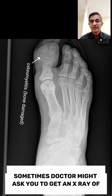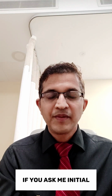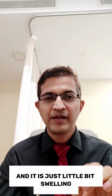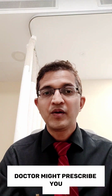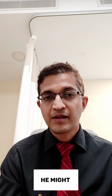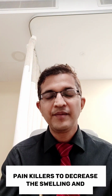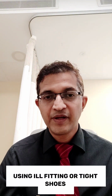So sometimes the doctor might ask you to get an X-ray of that area. Now the treatment: initially, if you have an ingrown nail with a little bit of swelling and mild pain, the doctor might prescribe some antibiotic creams. He might advise oral antibiotics and painkillers to decrease the swelling, and advise you to avoid using ill-fitting or tight shoes,